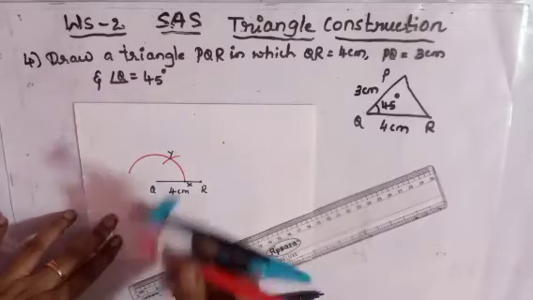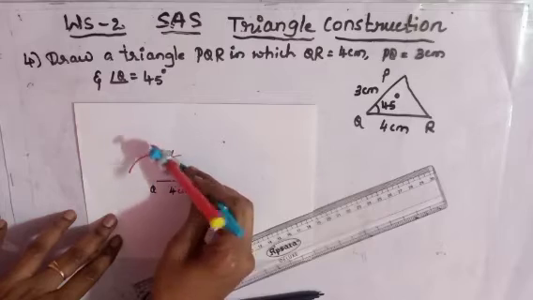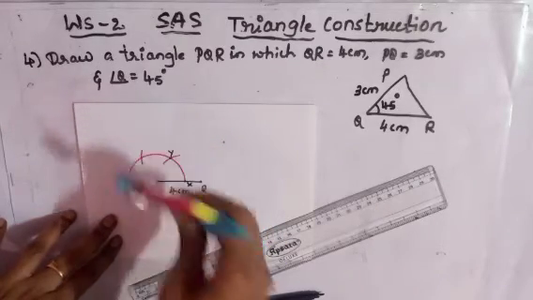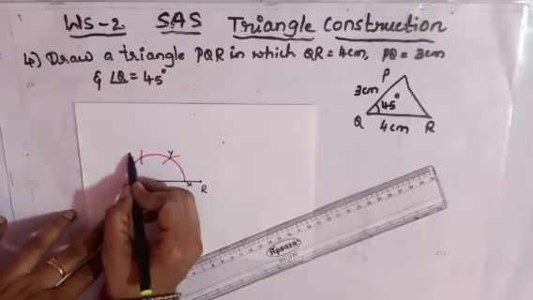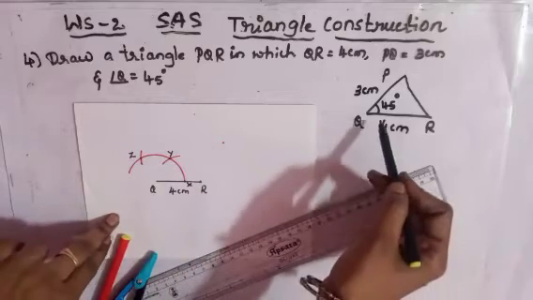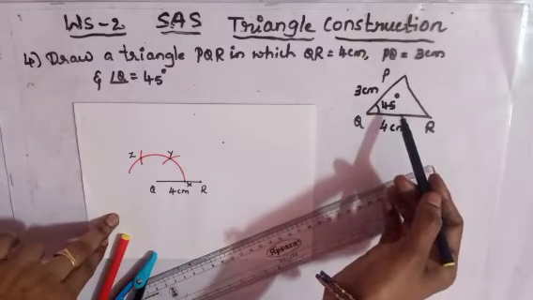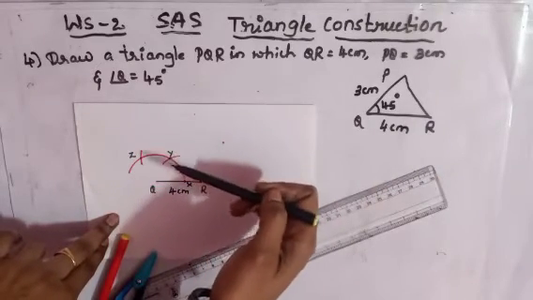Next, place the compass at Y, draw one more arc, and what we got now is 120 degree. Name this point as Z. See, we want here 45 degree. To draw an angle of 45 degree we need 90 degree. So 90 degree half is 45.